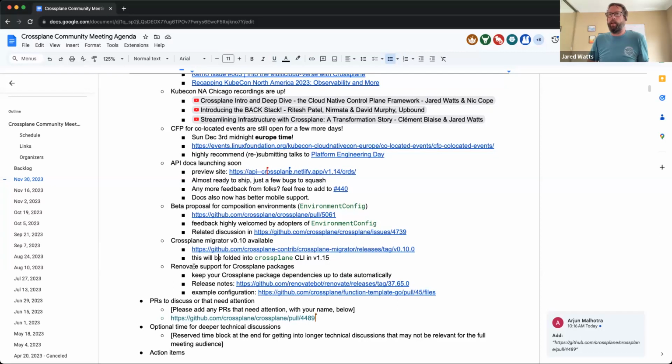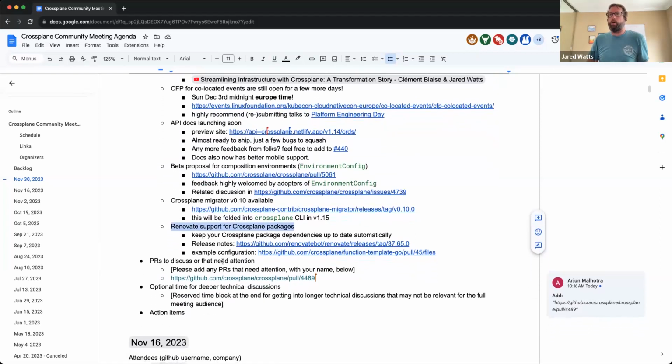Cool. And then there is one more item we had on the agenda, the community topics. Philippe did some work pretty recently around adding support into Renovate for Crossplane packages. I don't know if folks are using Renovate in their own environments, but we definitely use it in the Crossplane project as a means to automatically keep all of our dependencies up to date.